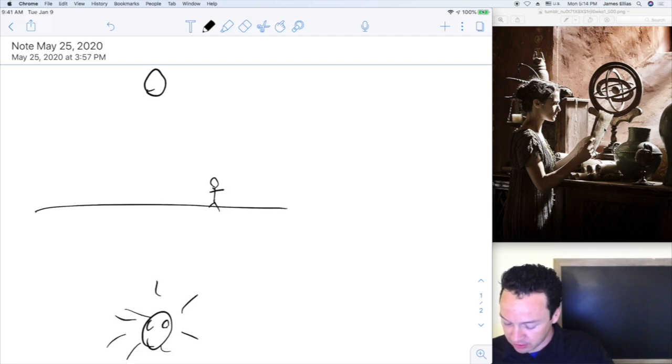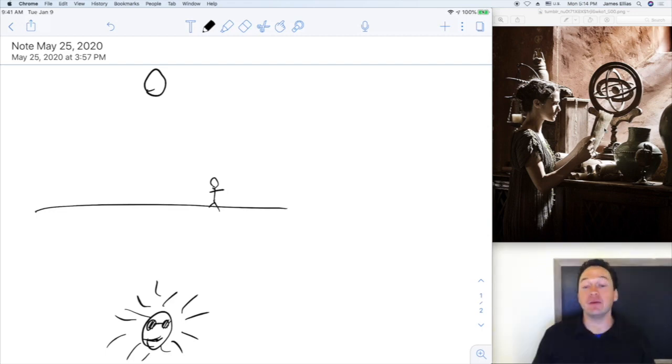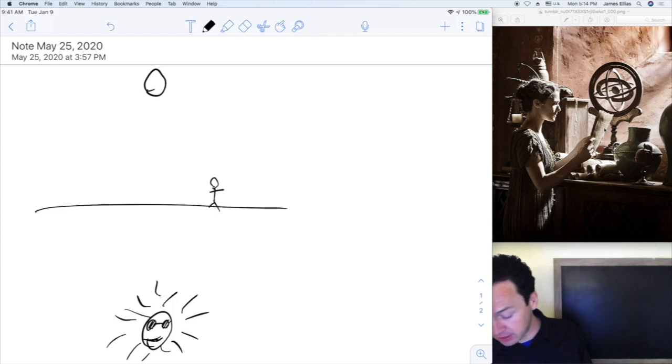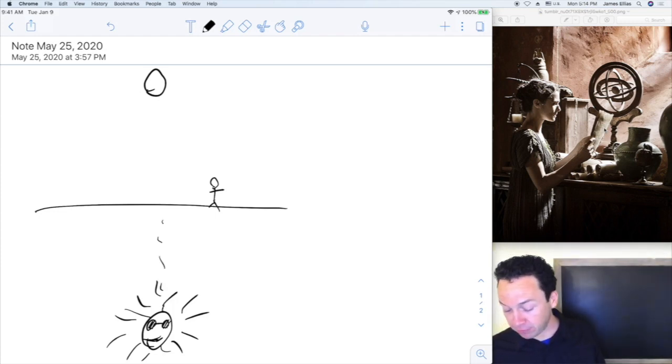Sun, let's give the sun sunglasses to protect its eyes from the sun. They always depict the sun with sunglasses. There we go. It's a little demonic because I can't draw. So anyway, notice how this distance is roughly on par with the size of the Earth, and then this distance